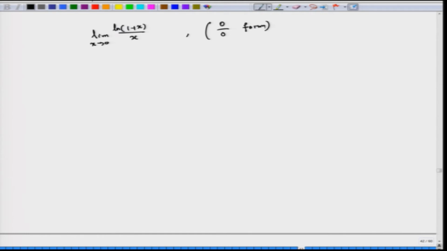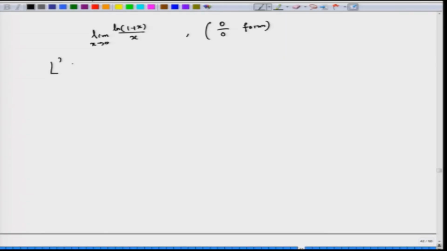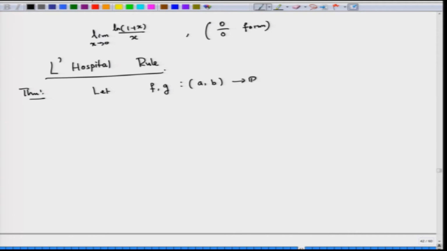Now, we have a problem in calculating the limit. What is very useful for us is a rule called L'Hopital's rule. So, let me write: let f and g from (a, b) to R be